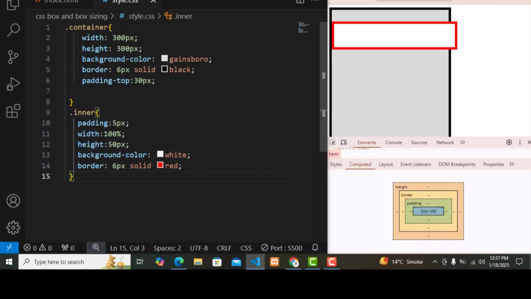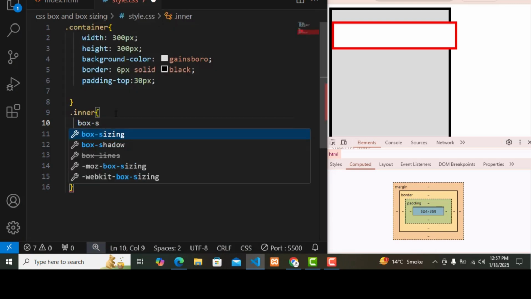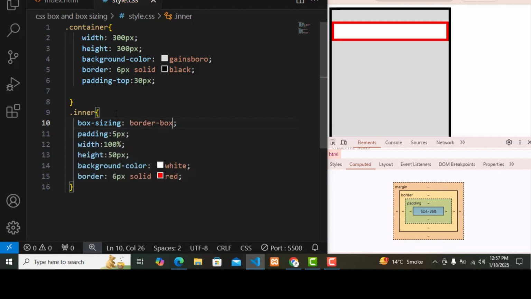Let's see a parent and child example with the box sizing value applied. You can try this out in your browser to see how the parent and child div boxes look, and also compare the CSS styles for both. When we set the box sizing to border box, the child box stays neatly within the parent box, including padding and borders. This simple example lets you clearly see how box sizing affects the layout of the parent and child